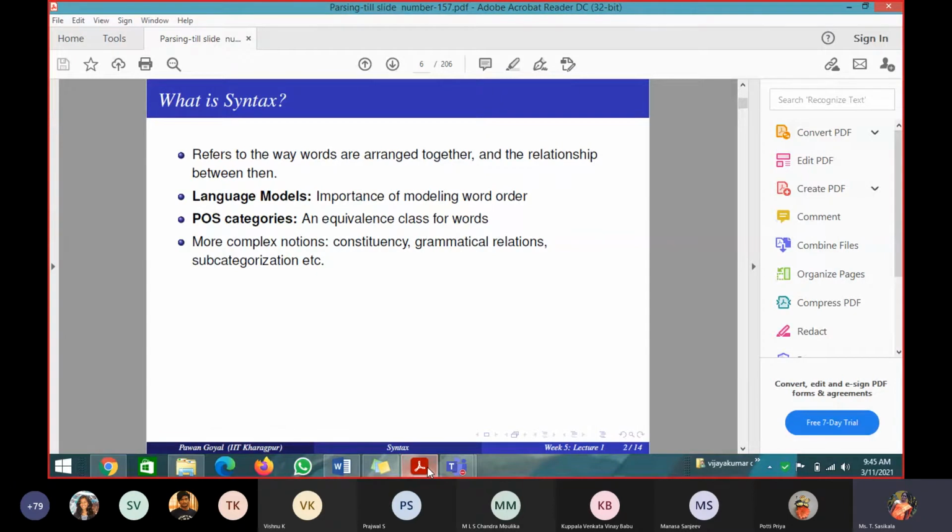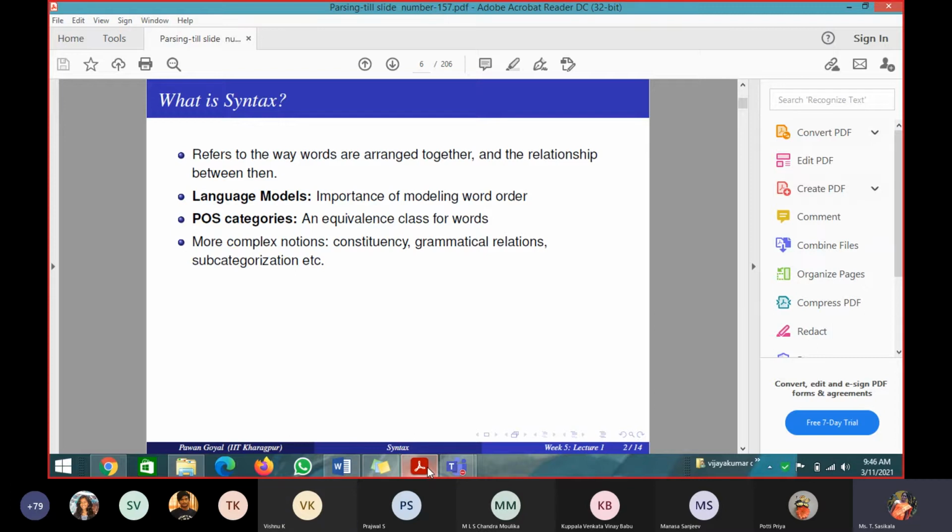Similarly, if you take syntax, here we'll be discussing constituencies and the different grammatical relationships among the words. So how do we find out what will come after a noun phrase? We know what a noun is. This word is a noun. This word is a verb, which we identified in POS tagging. But now, for all these words, I have to check what a sentence is. How will you define a sentence? What can be one complete sentence? It is a collection of words.